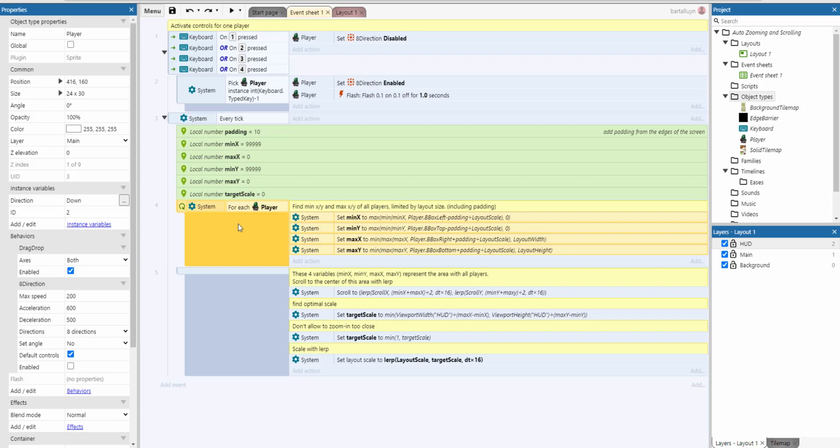And then we do something for each player. So you have to remember there are 4 players in this game, so this loop will happen actually 4 times. So we start with these default values, a very large number and 0. And then we set the minimum X. In the first iteration of this loop, we set the minimum X to, and we'll start at the middle of the expression here, by default, the bounding box left of the player minus the padding divided by